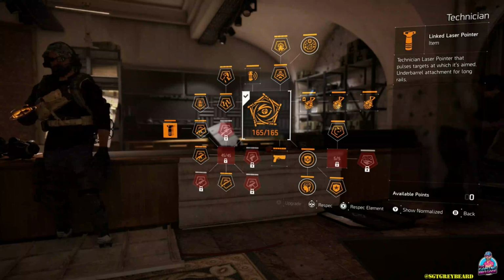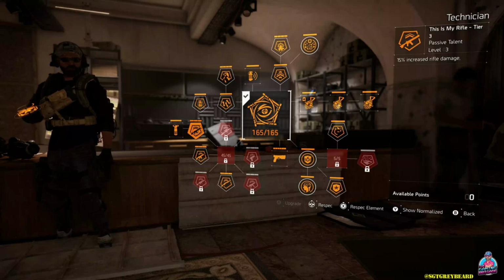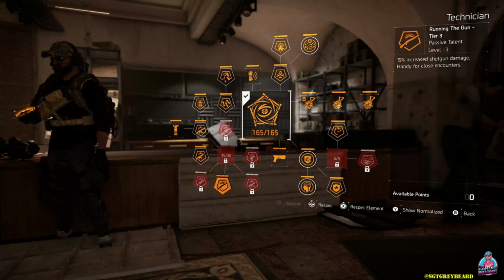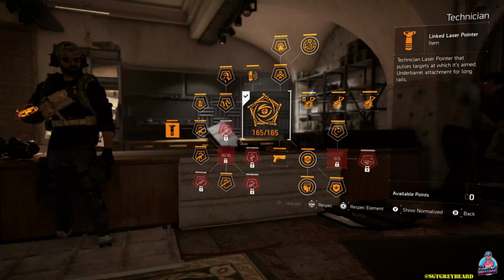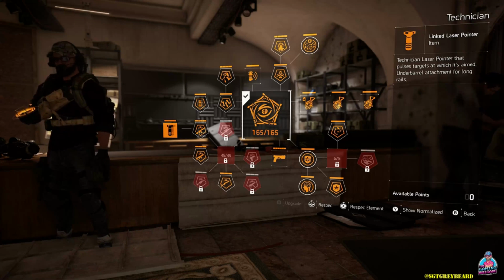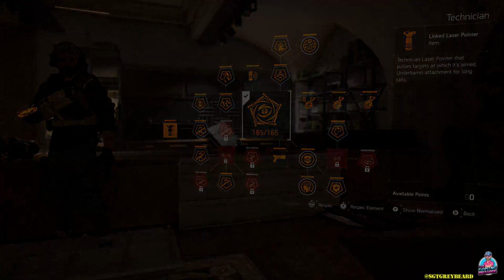Now, you want to use Technician, and the main reason for that is because that is going to give you the ability to use the linked laser pointer, which is going to pulse every single enemy you target. Now, that means you have to have the rifle activated in your weapon skill tree, because that will give you access to the laser pointer. Then you want to pick your primary and secondary weapon as your other weapons on that tree. Do not forget to do that, because that means you will always have a 15% weapon damage bonus regardless of